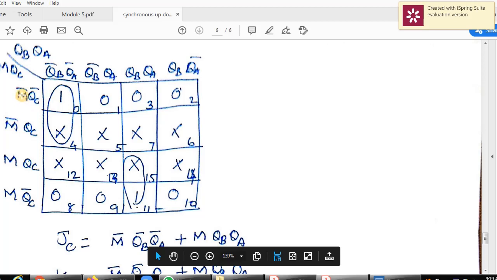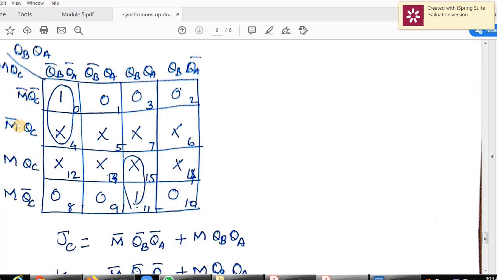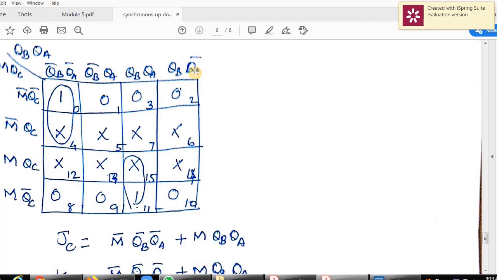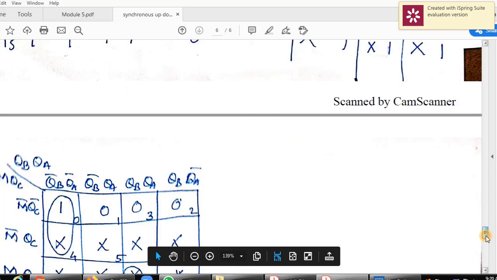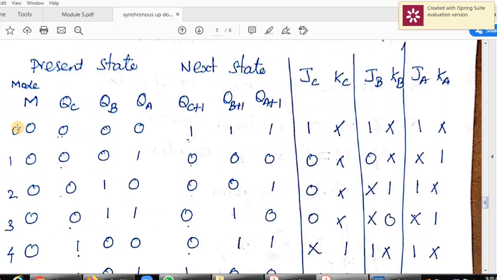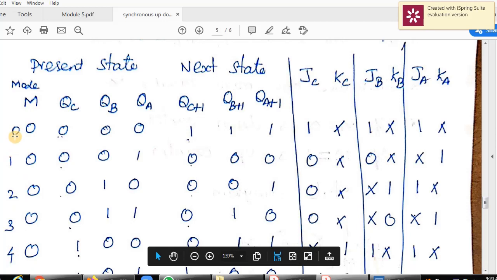Also note the order: M bar QC bar, M bar QC, M QC, M QC bar, and here QB bar QA bar, QB bar QA, QB QA, QB QA bar. Then fill up the JC. I'll write the decimal numbers. For 0 it is 1, for 1, 2, 3 it is 0, 0, and 4 is x.